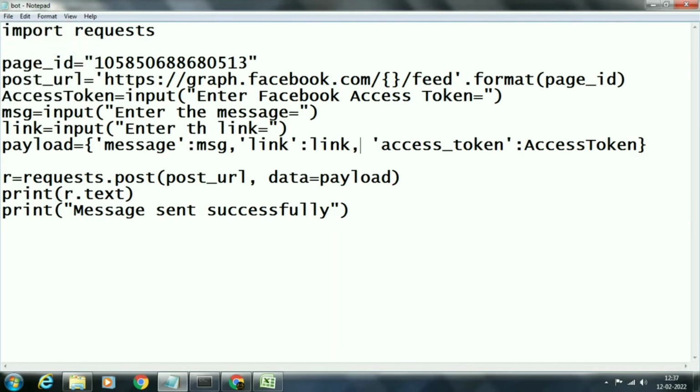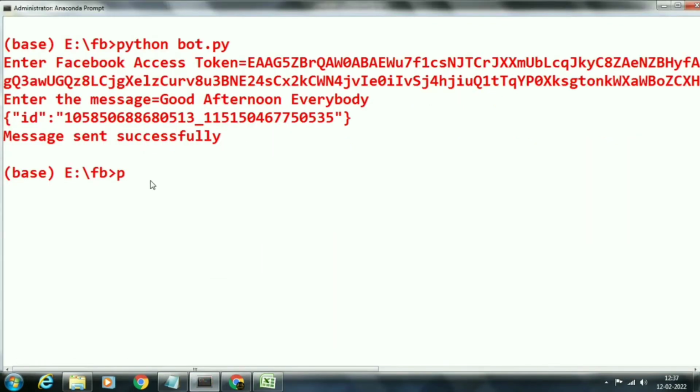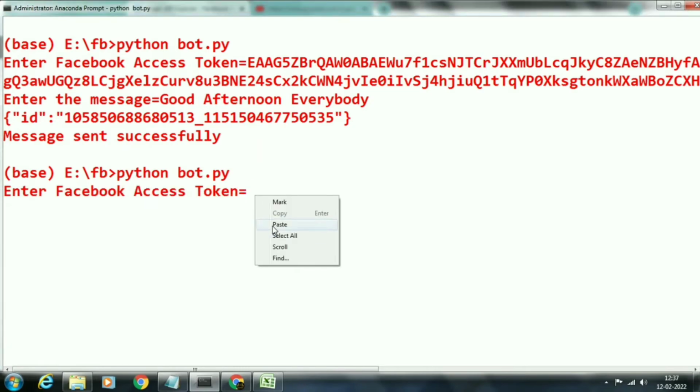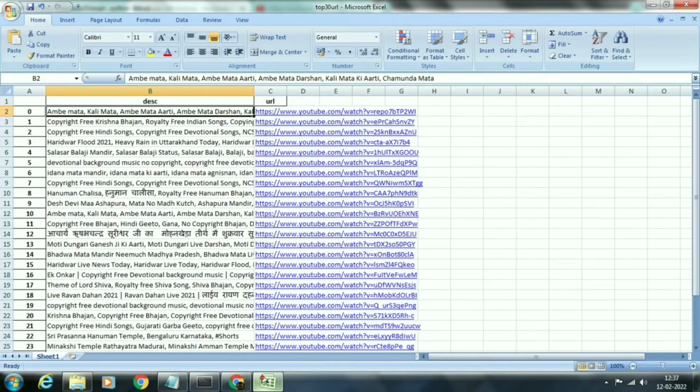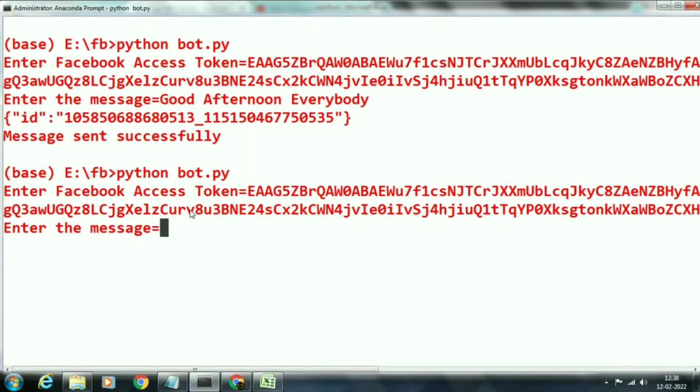Now we will run our program. In this program I will enter a YouTube video title and its video link. First of all we will enter our Facebook access token, and for this video I am using an Excel file.